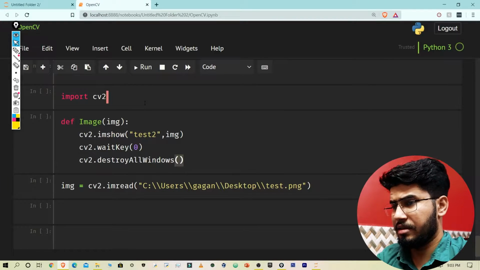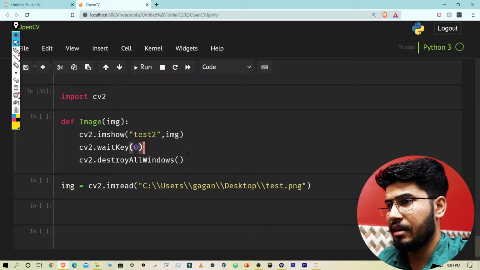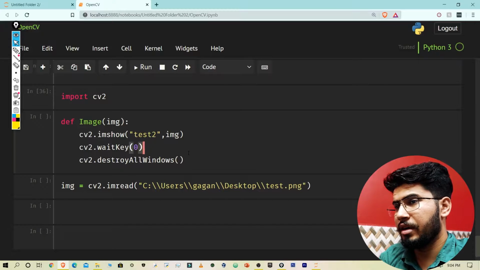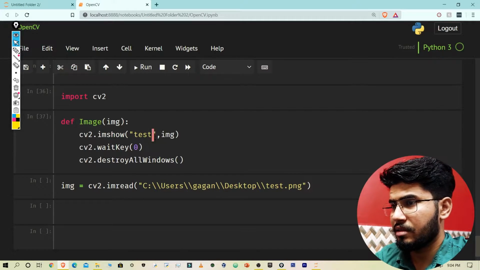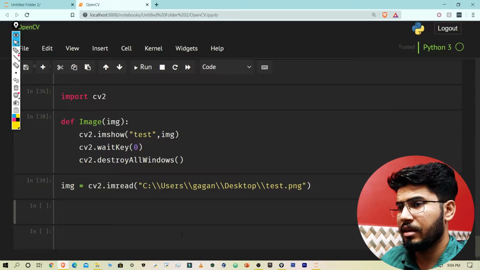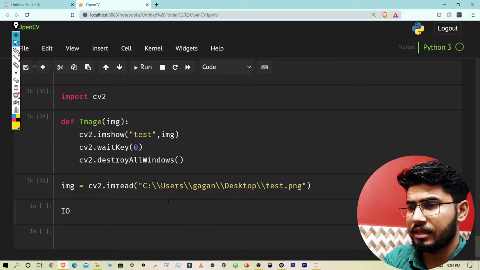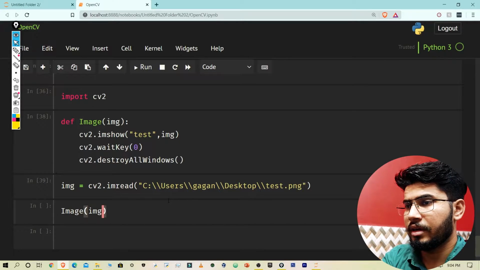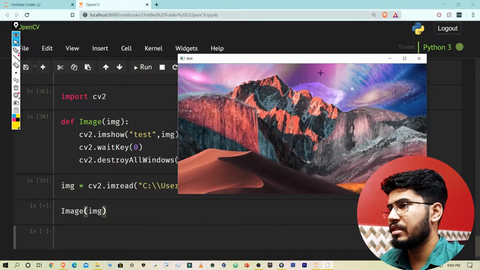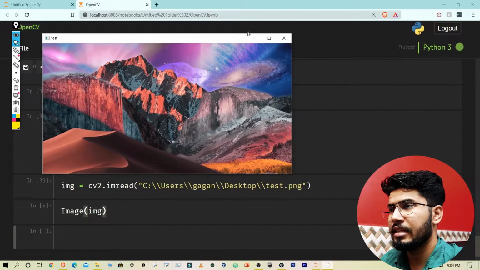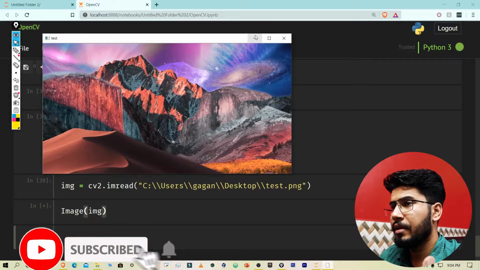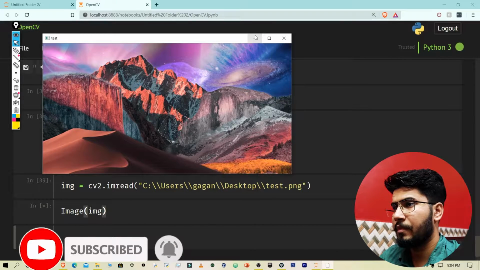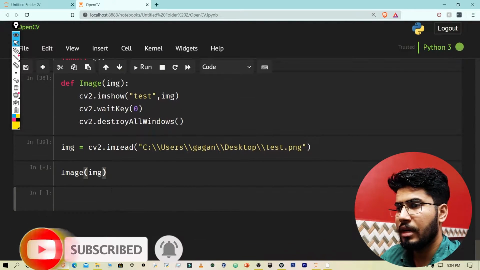So as you can see here, I have imported the image and I have an image function to print out the image. Now I have this image, and if I print it out, let's take image and img. So as you can see here, we have this image, and on this image I am going to draw some shapes.